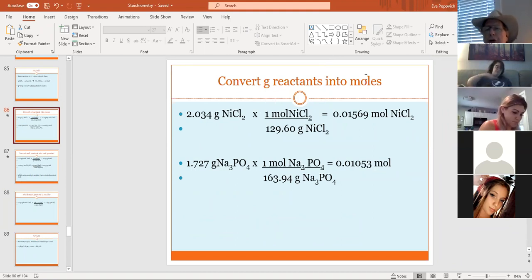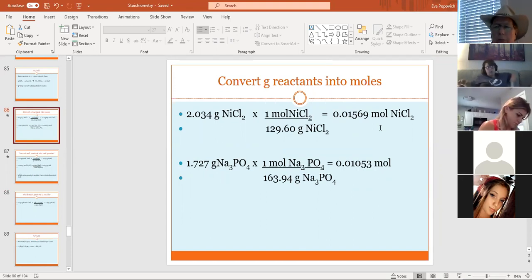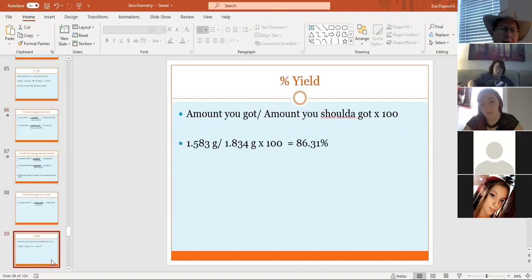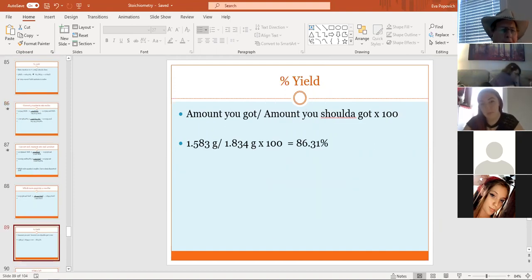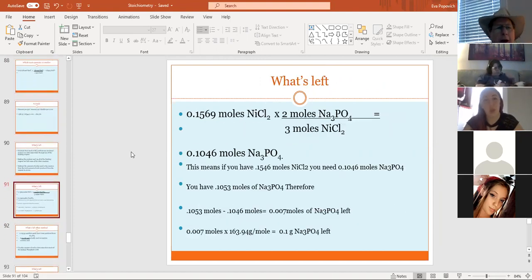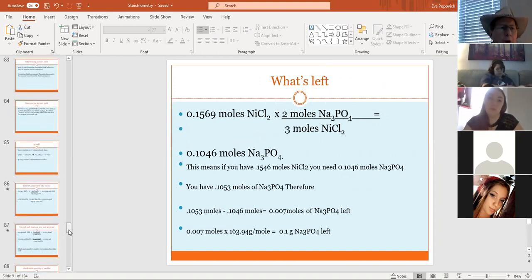That was 0.01569 moles of nickel chloride. Is that true? Yes. All right. Now, what I have to do here is look at the molar ratio between,